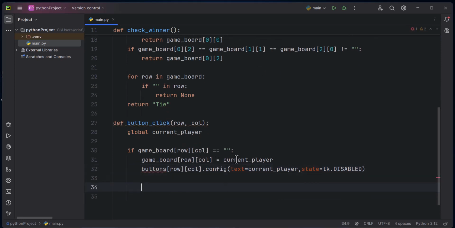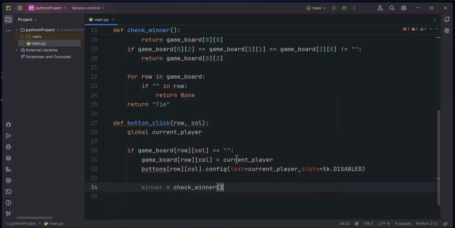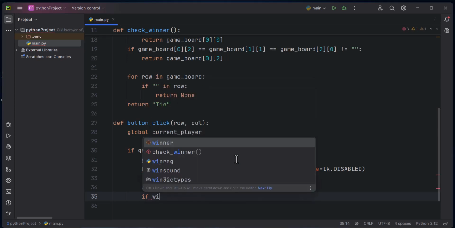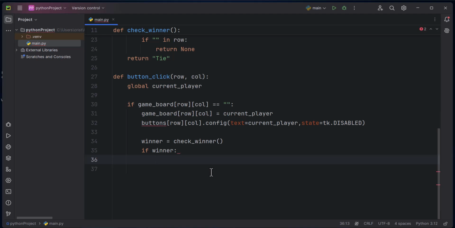Then I'll go down here and I'll type winner in lowercase letters, winner equals check winner, and I'll type if winner, so if that is true, I'm gonna type again if winner equals tie,